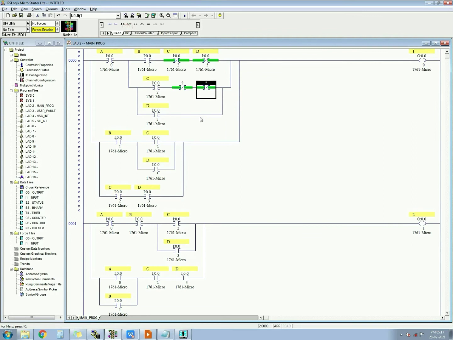So I'll write the addressing of BD: B is I1:0.0/1 and D is I1:0.0/3.